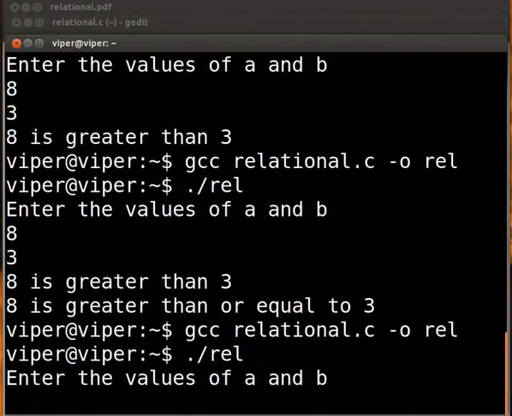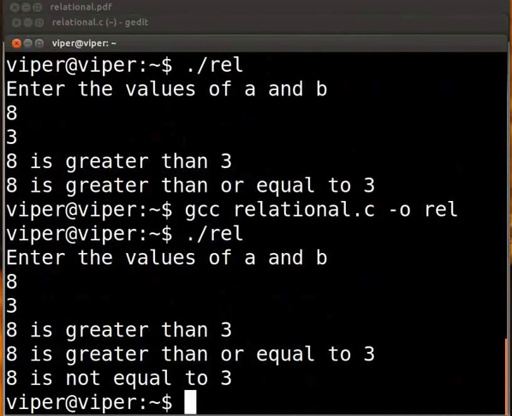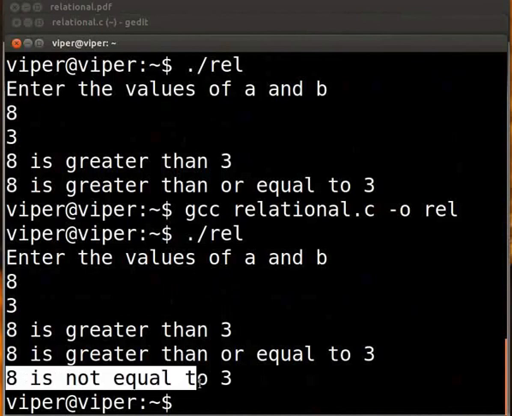Enter A as 8 and B as 3. The output is displayed on the screen. 8 is not equal to 3. So we see how the relational operators work. Try executing this code with different set of inputs.